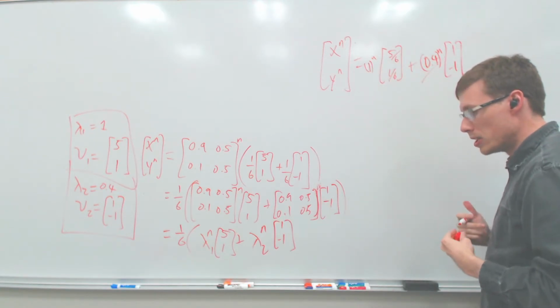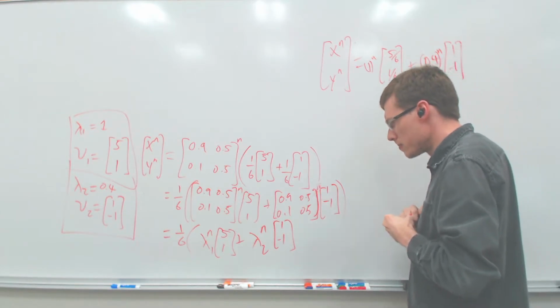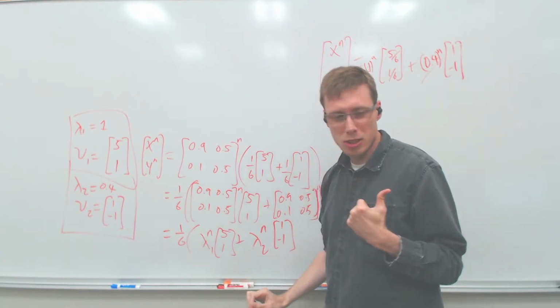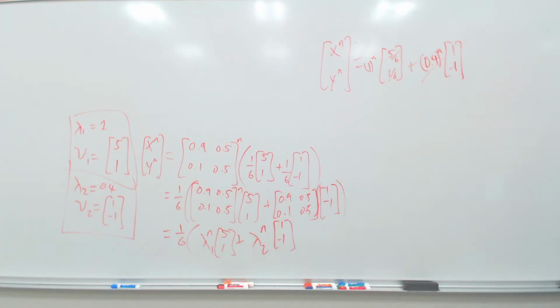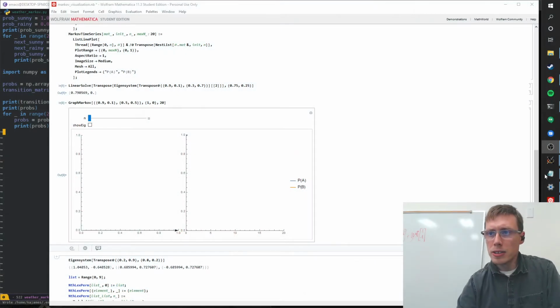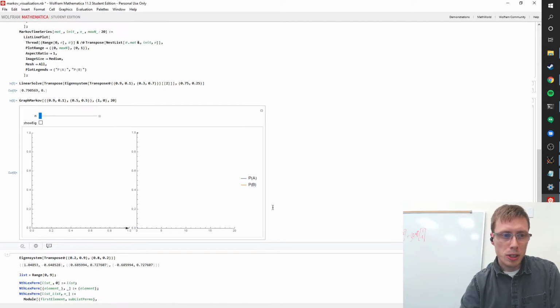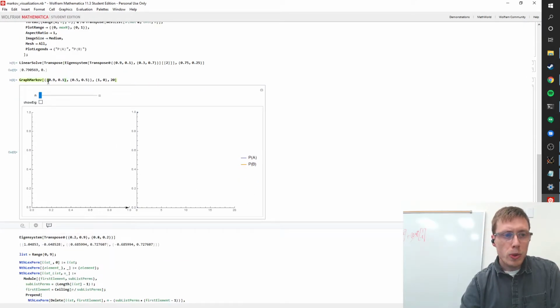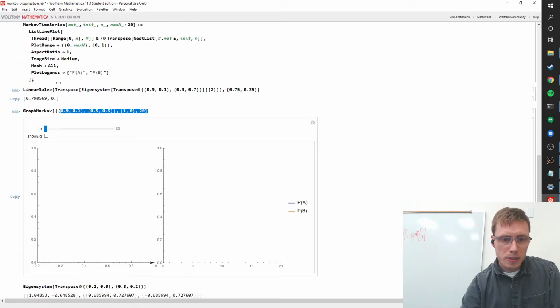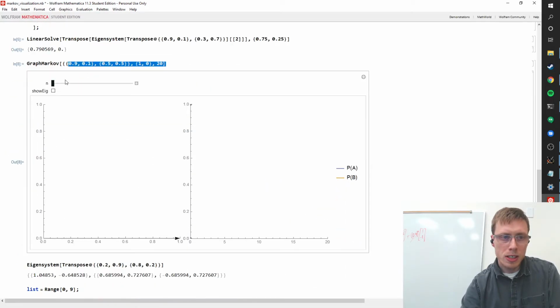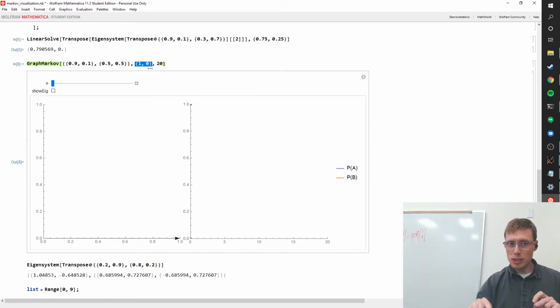All right, just your primary eigenvector. So let's actually quickly see this on the computer. I have this little Mathematica thing. I haven't ever bothered to remake it in Python, although I should. I have this 0.9, 0.1, 0.5, 0.5 matrix. And then I give it the initial starting point of sunny, so that's 1, 0. And then we're going to run it for 20 times.